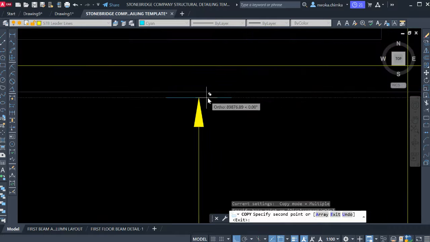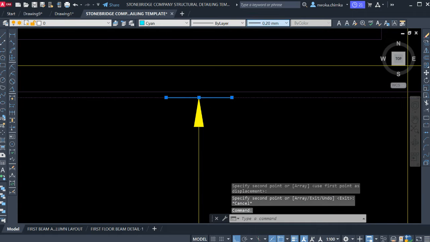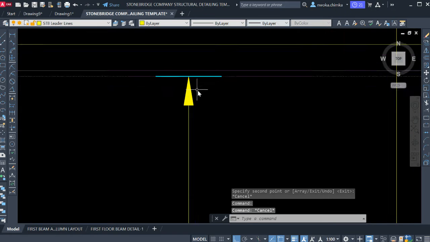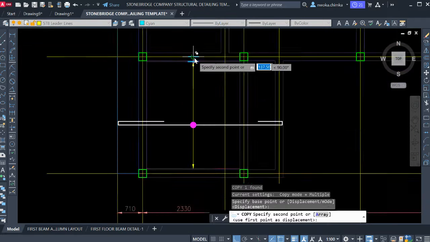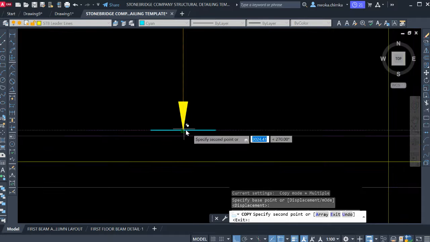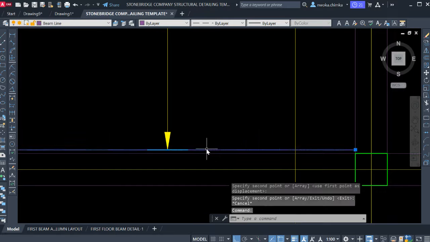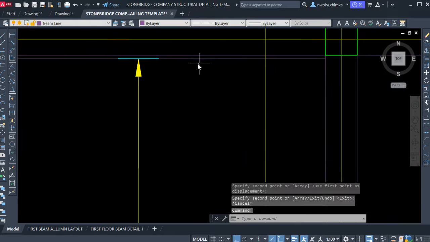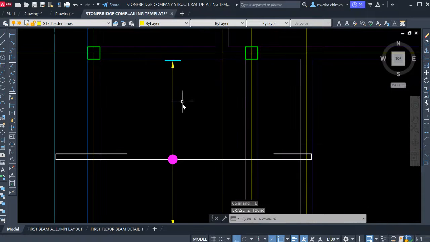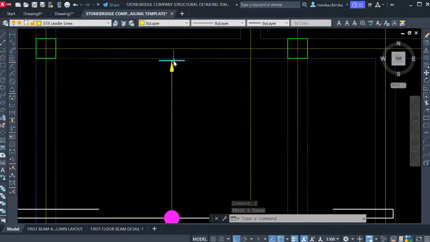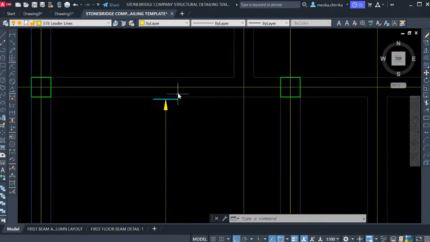Click on this right now and paste it here and make this to have a thickness. Okay, and also do the same thing for here again. Copy this right now, go and paste this at this point just here, and then remove this cover which we just offsetted before, and then remove this also, and then delete. Okay, so right now you can see that this reinforcement runs from this point to this point, and then also